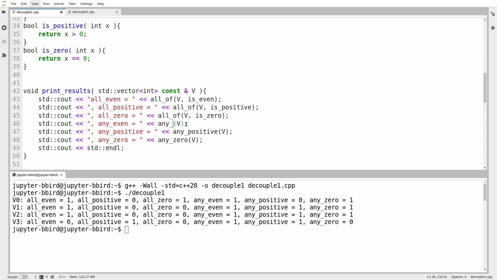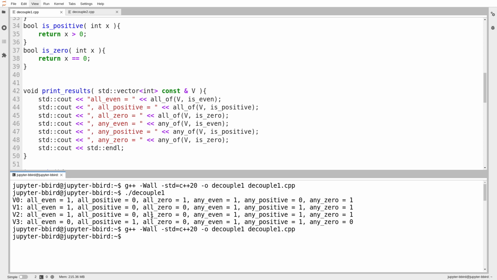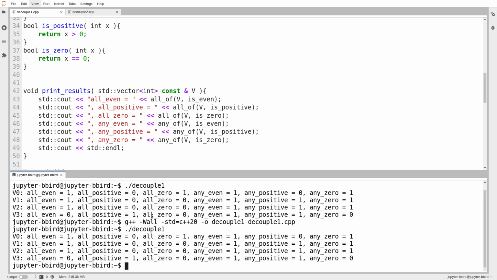And here I call the any of function, and I give it the condition for is even. And you can see here I'm mixing and matching when I actually call the function. So whether I need a particular combination of any versus all and one of the conditions just comes down to whether I choose to pass it in or not. So here's is positive, and then finally any of, and then I give it is 0. There we go. And we'll try running that. And it compiles, and we stare at the output, and hopefully you can verify to yourself that the output is